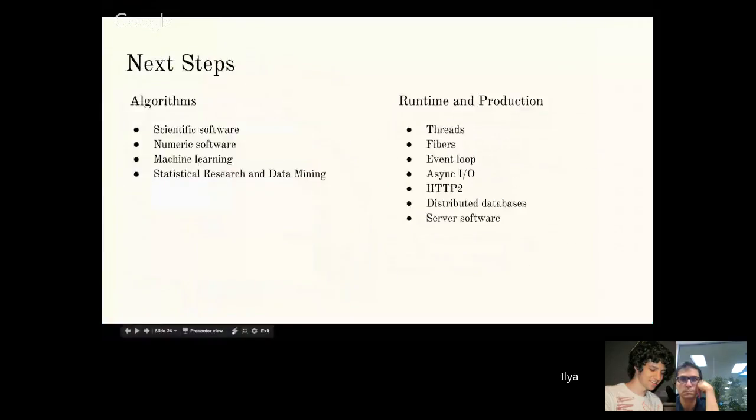Okay, let's move forward. We have only a few slides. This slide is about what I can work on. First is algorithms. I have a statistical background with experience in machine learning and data mining. Another one is more complicated projects, runtime and production projects. We don't have a lot of time to speak about it, if I understand you correctly. So if someone wants